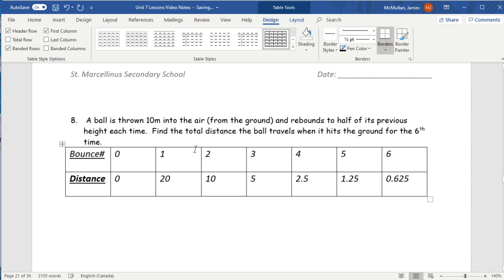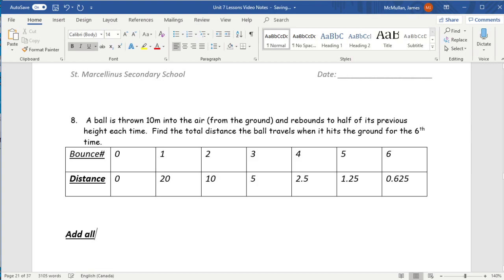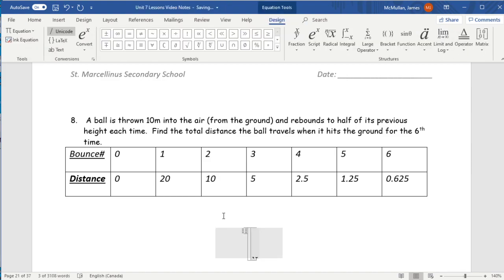Okay, so the total distance the ball travels when it hits the ground for the 6th time. The first time it hits the ground, it's traveled 20, then 10, then 5, then 2.5. So we need to add all these up. Now, of course, this is a fairly small number. You could just add them up. I mean, it isn't that hard once we make this table. But let's use the method we know. So we know